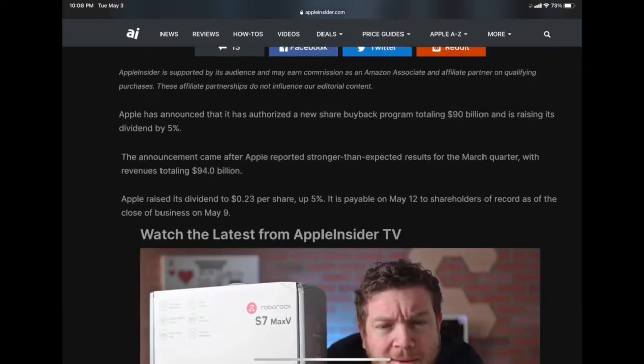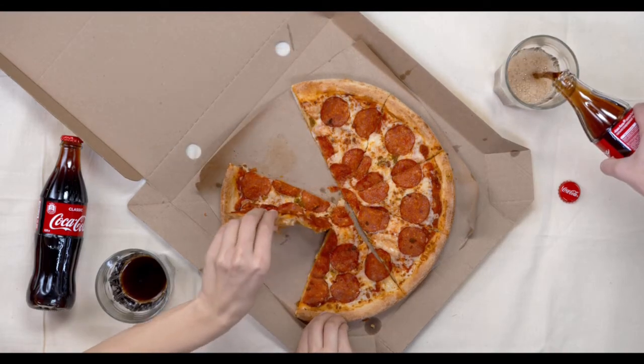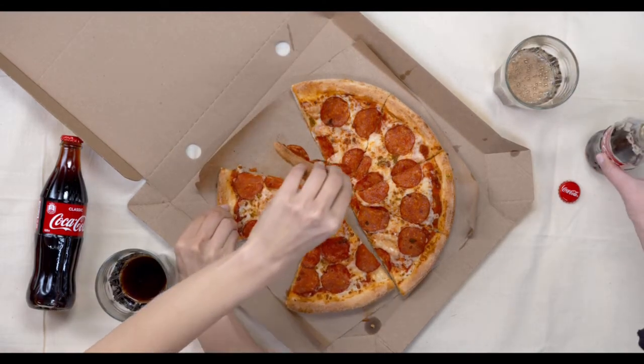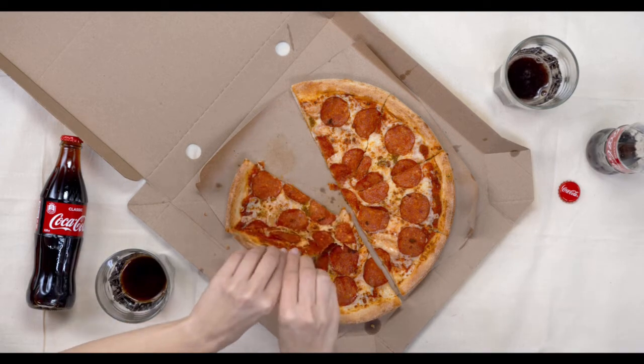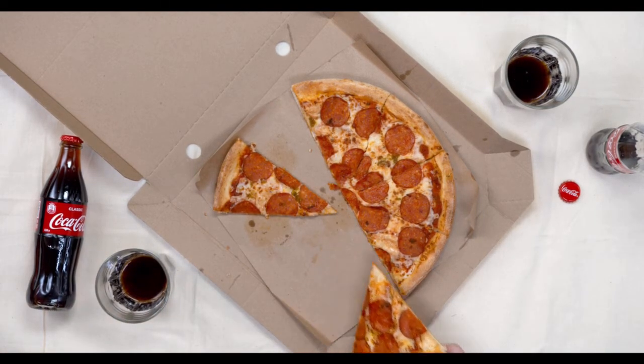And Apple just announced in their last quarterly earnings report that they're going to have a new share buyback program of $90 billion. And they're raising their dividend by 5% from 22 cents per share to 23 cents per share. So if you're already invested in Apple, you have two more ways of making money because they increase their dividend quarterly. If you're already invested in the company, you're getting a little bit more money quarterly for doing absolutely nothing. And then your portion of stocks that you own in the company is also larger because there's less available shares